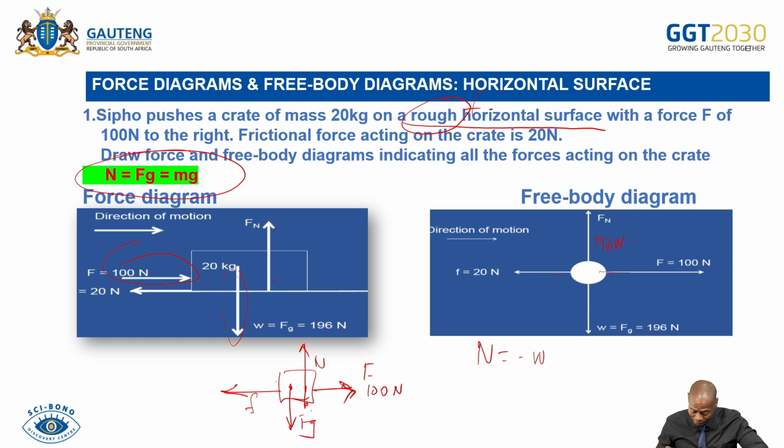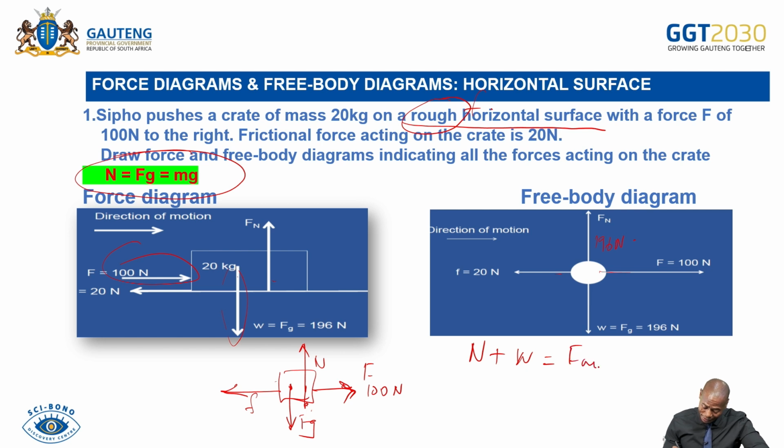These two forces are acting in opposite directions, but they're at equilibrium. Okay, so if they're at equilibrium, I think we have to start here. You have your normal force plus your weight, which is equal to